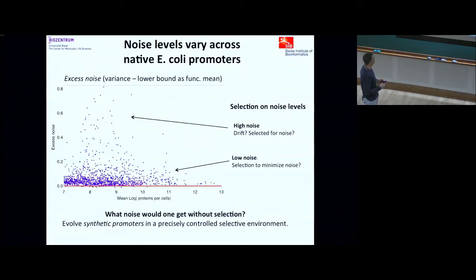Okay. All right. So to know about how selection has acted on these noise levels, what we decided to do,